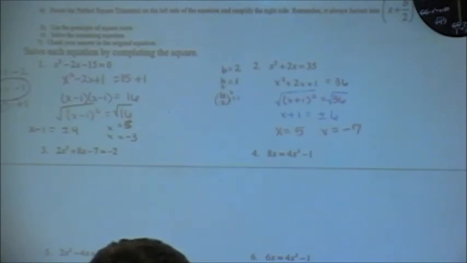Okay, so we are still going to kick out the constant. You're going to move it over. So I'm going to move 7 to the